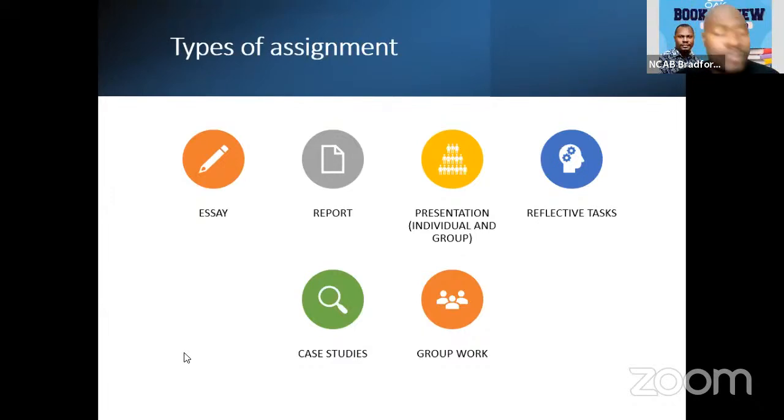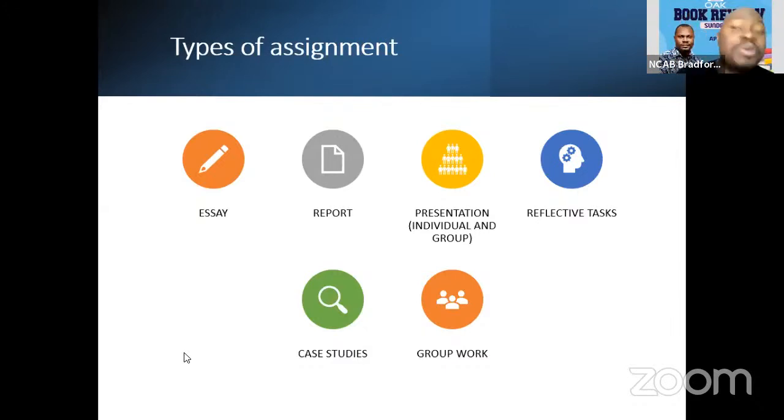But at postgraduate level, we deal a lot with the essay and the report, especially at the School of Management and also the social sciences as well. Presentation as well is very important, but we don't do much of that at the postgraduate level for business school and the School of Management. But I am aware that those who are doing public health, for example, the health-related courses, some social sciences as well, they deal with presentation.